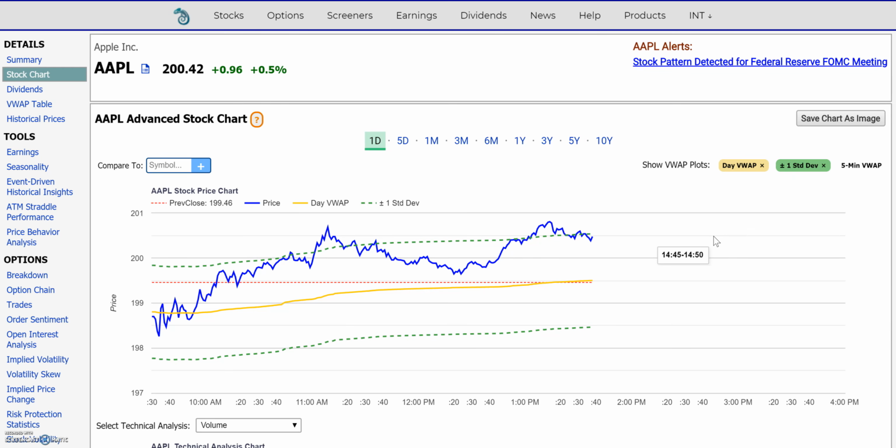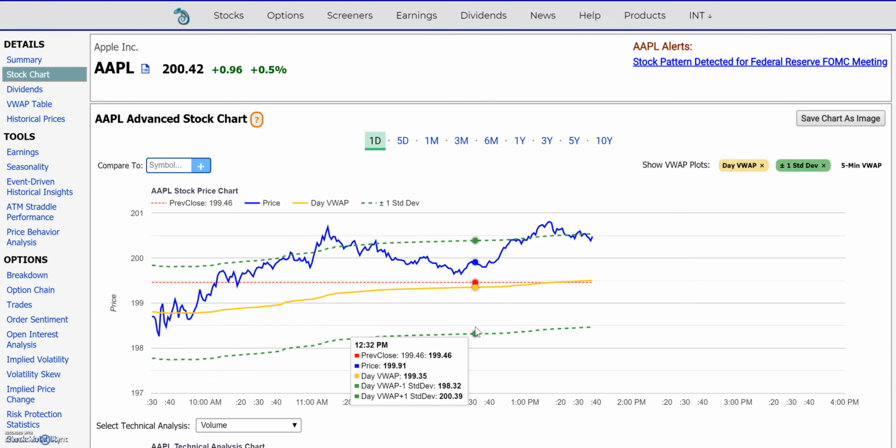So for example, a mutual fund that needs to buy millions of shares has to split it up throughout the day, and what they will do is VWAP it or peg it to the VWAP, trying to get either below the VWAP price or at the VWAP price by the end of the day, and vice versa if they're trying to sell. So over here, the blue line is how the price fluctuates around the VWAP,